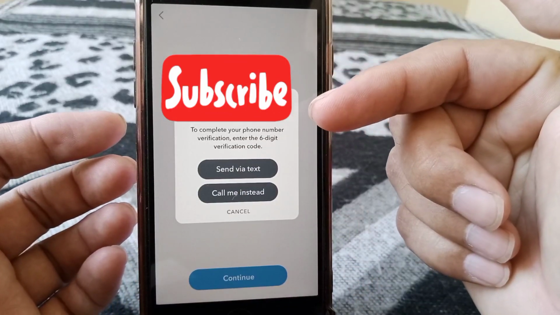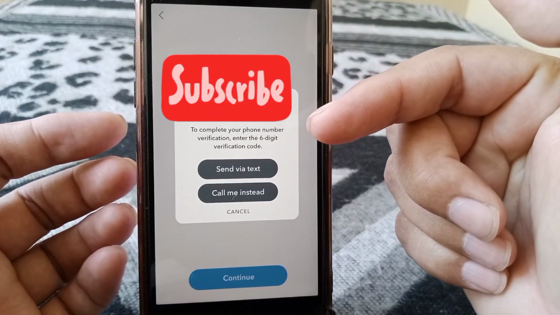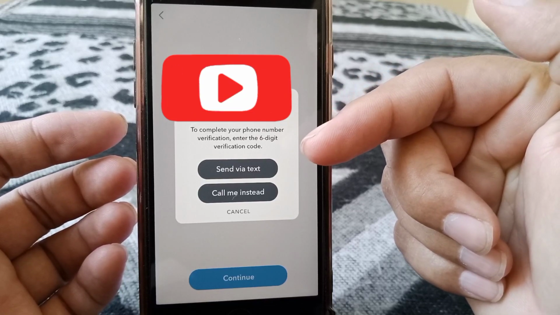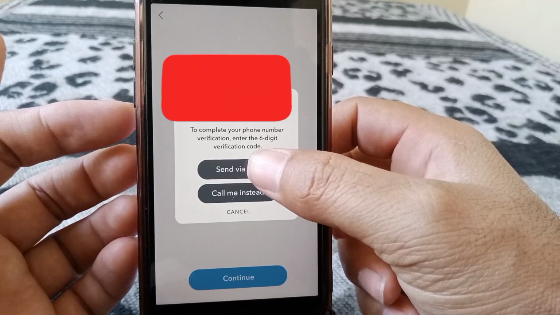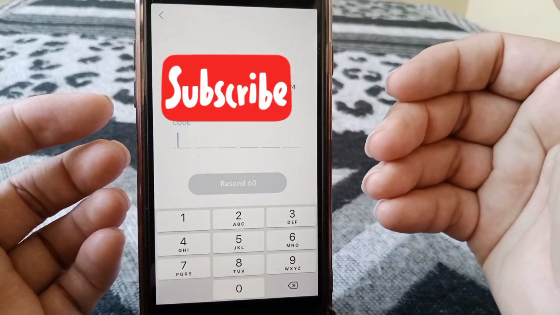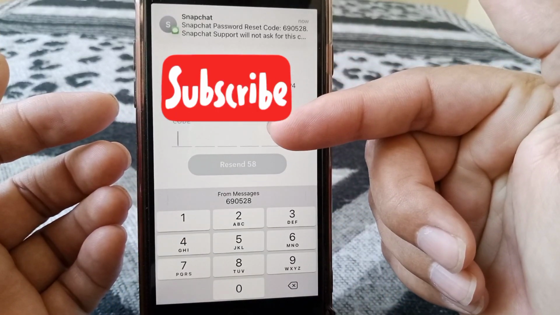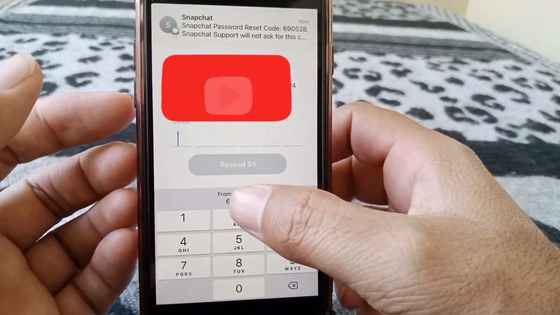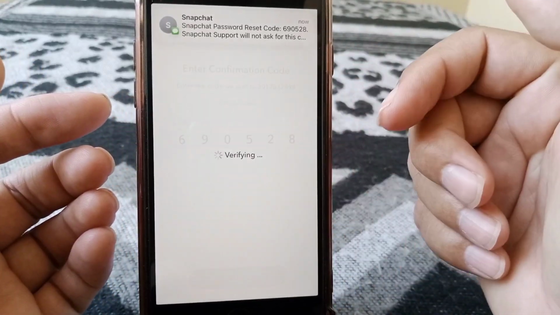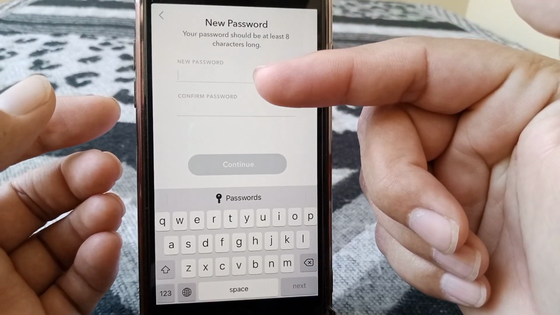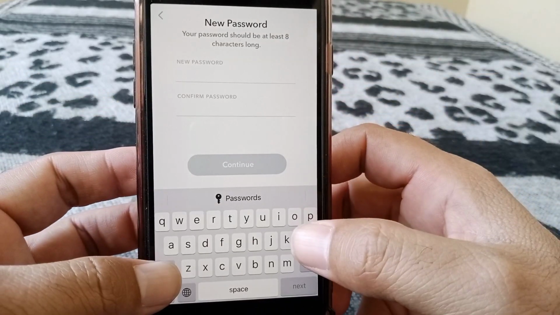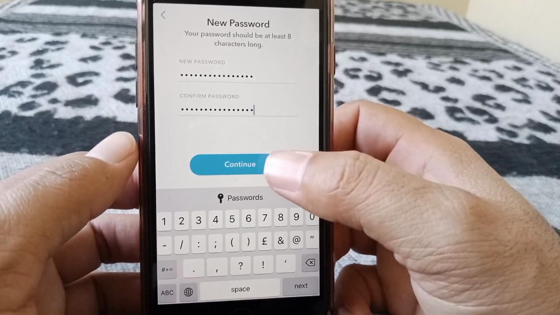And here are also two options: send via text or call me instead. So what you want to choose, I'm choosing send via text, and a code is sent to this number. So I have to enter that code here and verify my number. Here you can see now it's asking for the new password, and then tap on continue,